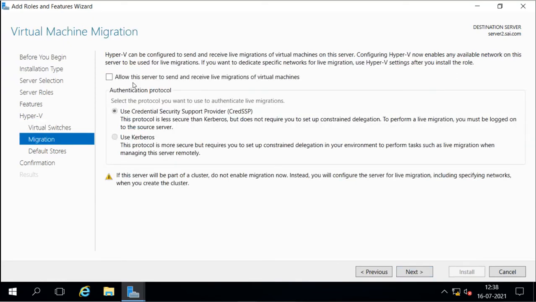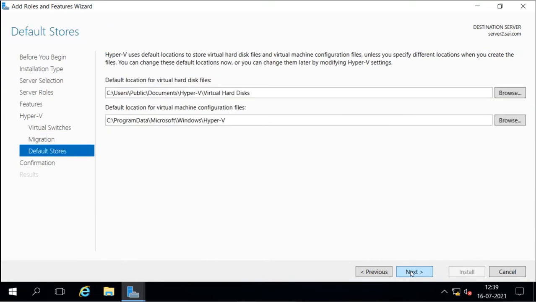Then for the migration, we want to do live migration, so we have to enable it, or we can enable it after the installation also. Then for the virtual disk storage, where you want to keep it, I will go with the default.